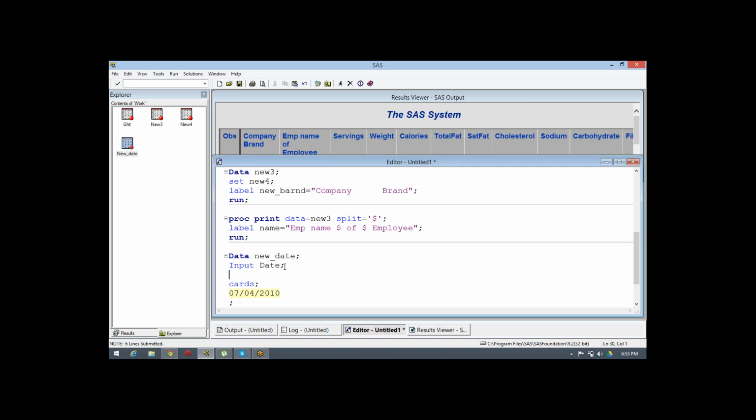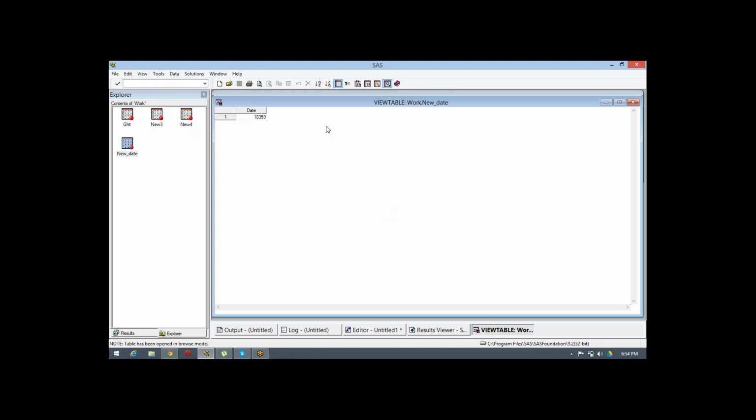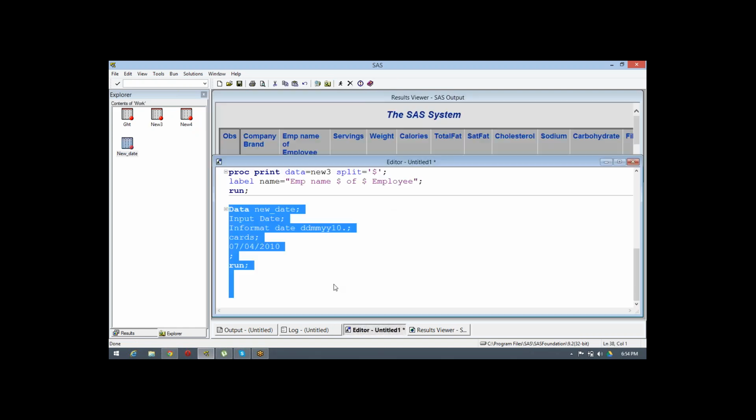So informat is a keyword which is used to read and convert this value into SAS formats. The value you are able to see is called a date value, and it is numeric. How is SAS converting this?